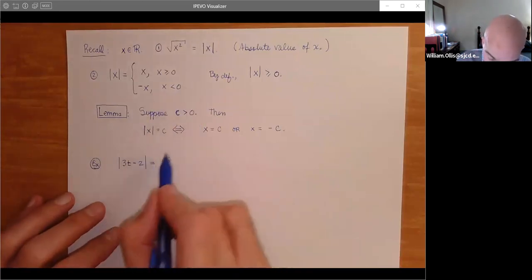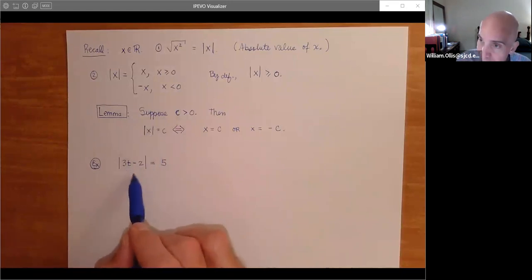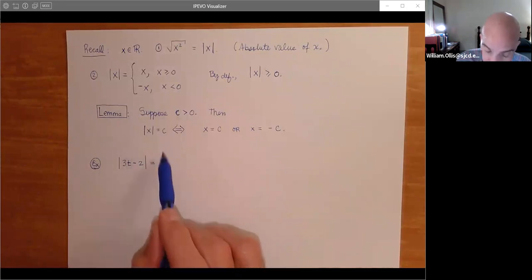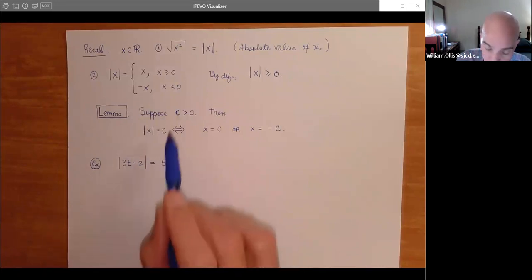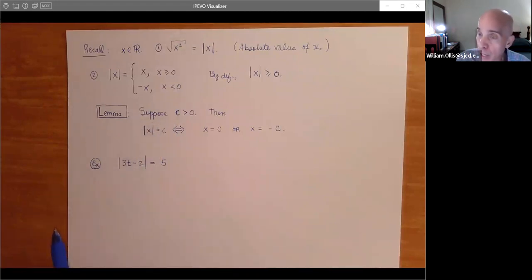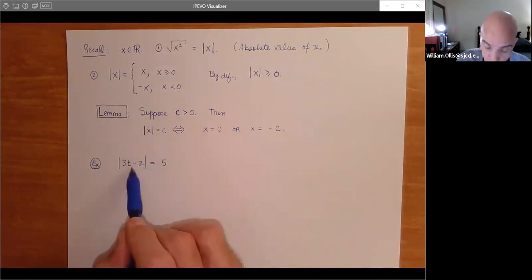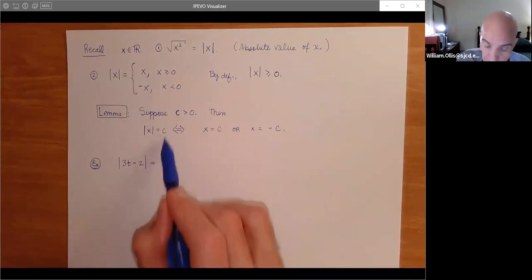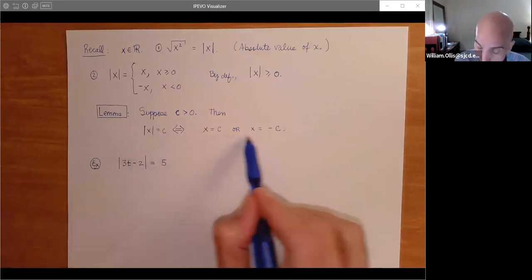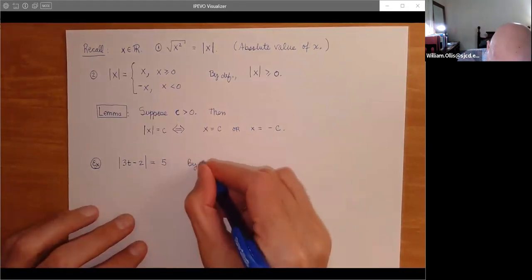So now when we look at this, we're thinking, okay, we have an expression here in t that's isolated, and we have a value of C here, which is 5. And so what we have here is the hypothesis of the theorem. That is, x has been replaced with 3t minus 2, and C has been replaced with 5. So we can take this side and write it as this side. So by lemma,